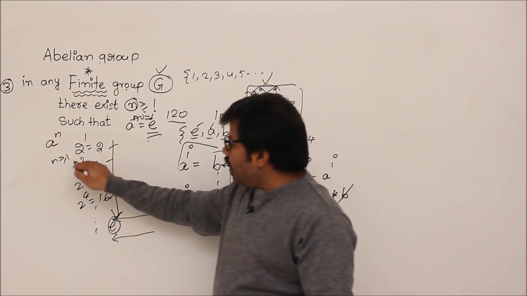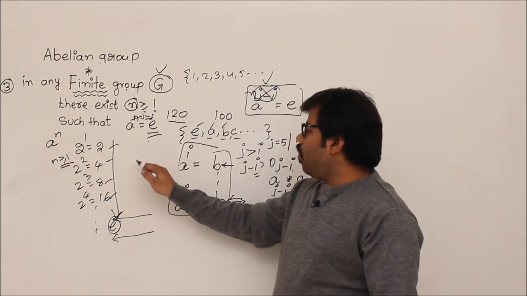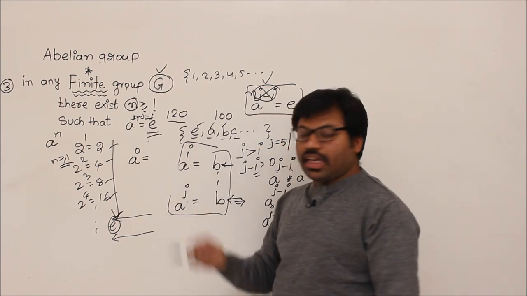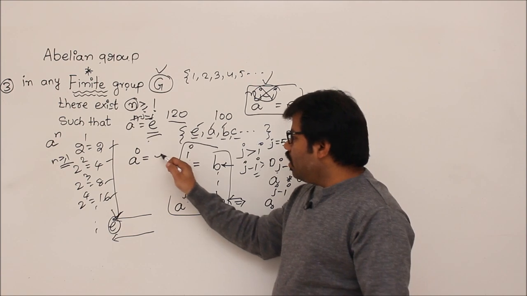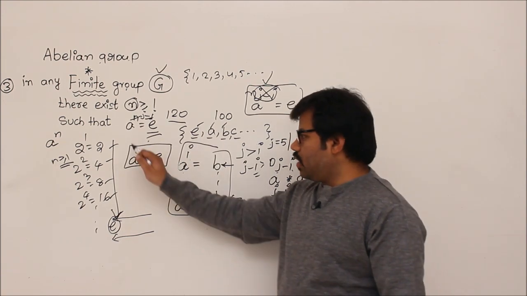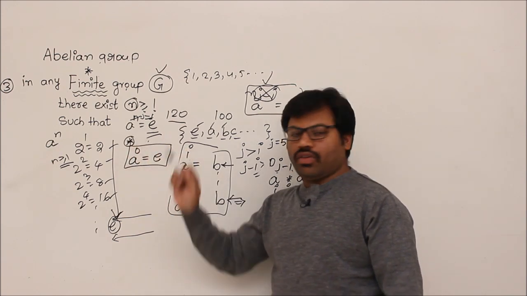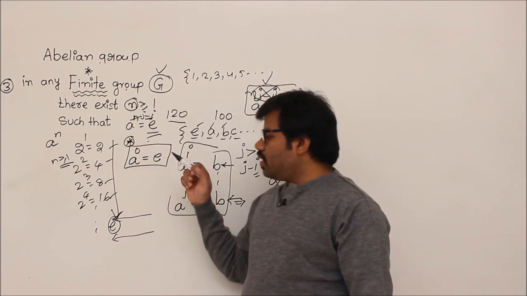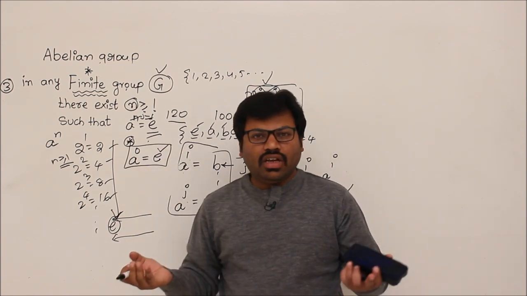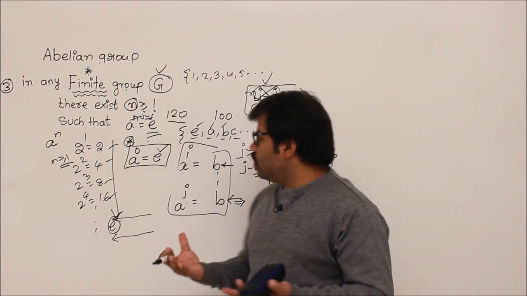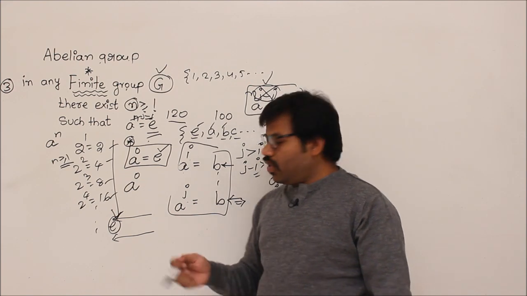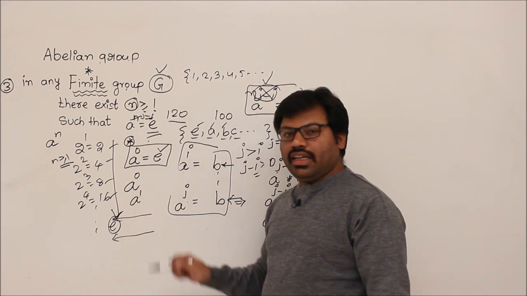Sir, why are you stressing that n is greater than or equal to 1? Because obviously a power 0, which we did not discuss, right? Now this is the time to discuss what a power 0 is. Remember, a power 0 is actually defined as e. That's a definition. Remember, I forgot to tell you, but I am telling now. From now onwards, a power 0, that means writing the symbol a 0 times, is treated as e, because I don't have any intuition to say what a power 0 is, correct? What is a power 1? I can explain: writing a 1 time.